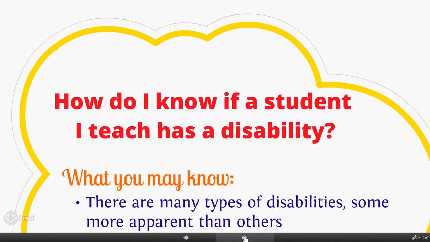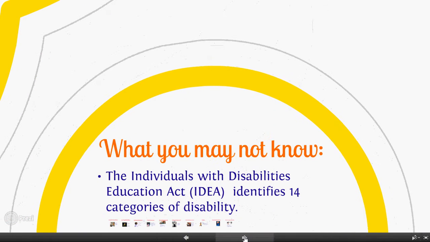How do I know if a student I teach has a disability? There are many types of disabilities, some more apparent than others. The Individuals with Disabilities Education Act identifies 14 categories of disability: